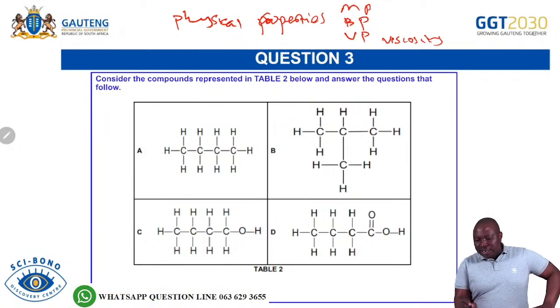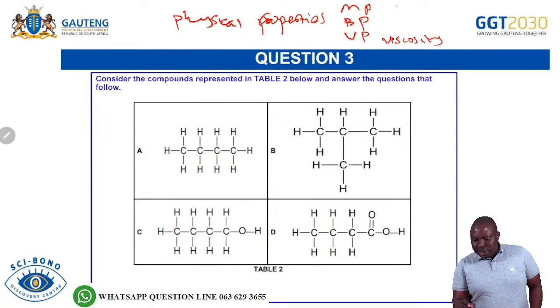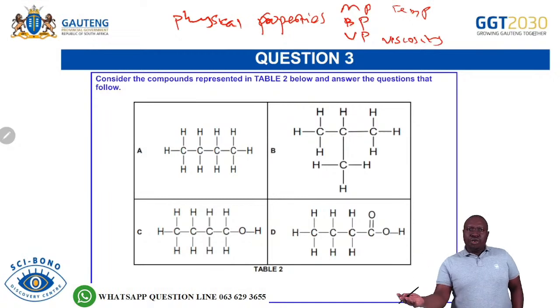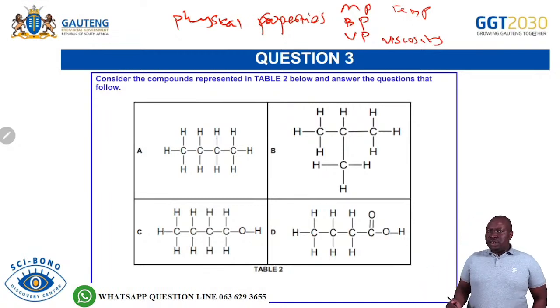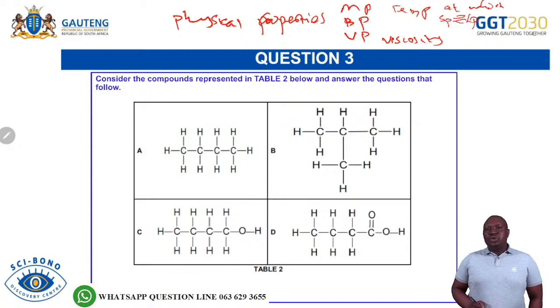Now, we must know what is melting point. Remember, melting point, we are saying it is a temperature. It's not a point. I want to emphasize that that is a temperature. Melting point is a temperature. All the time, remind yourself of that. Like melting point of water is 0 degrees Celsius. That's a temperature. So melting point is a temperature at which the solid phase and the liquid phase are at equilibrium. So don't forget that. It's a temperature at which the solid phase and the liquid phase are at equilibrium.